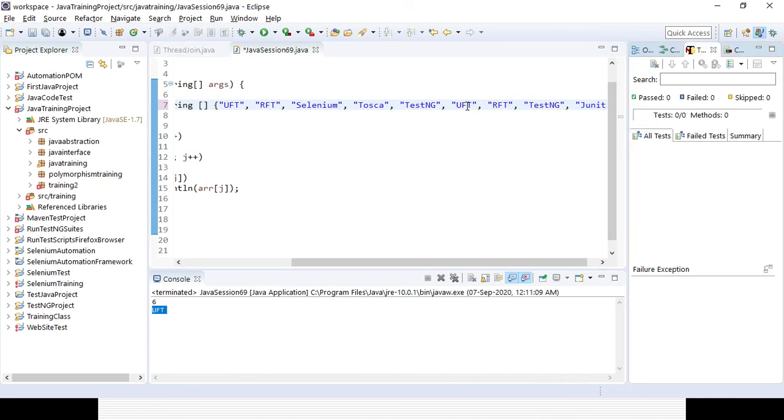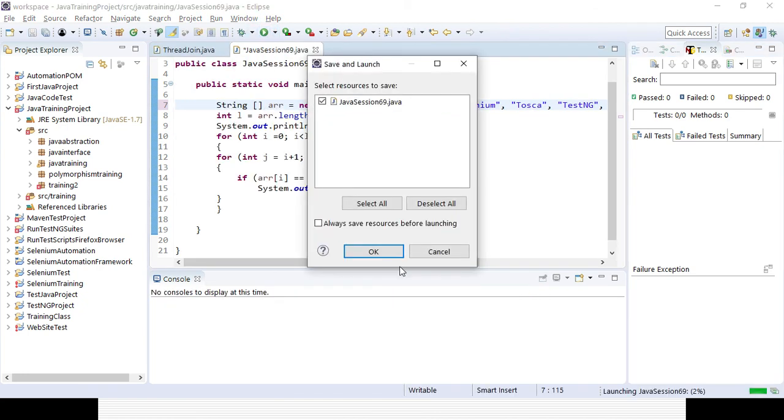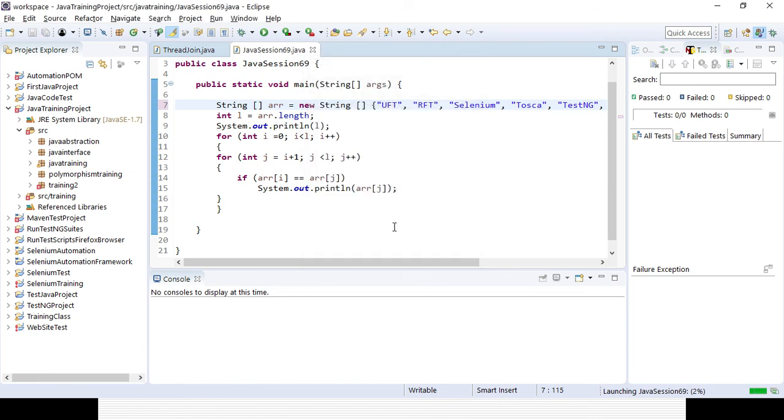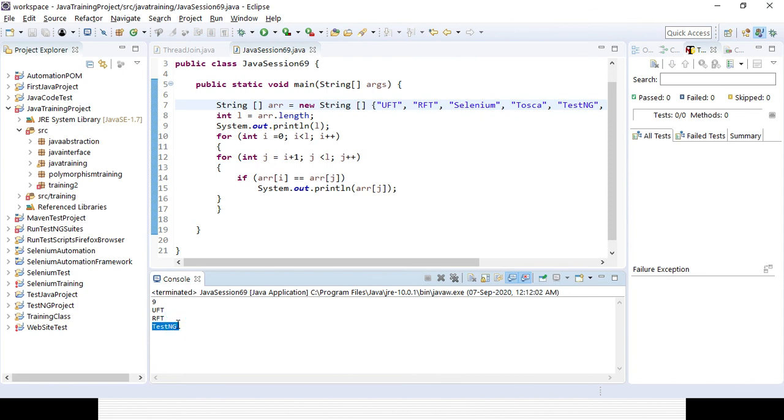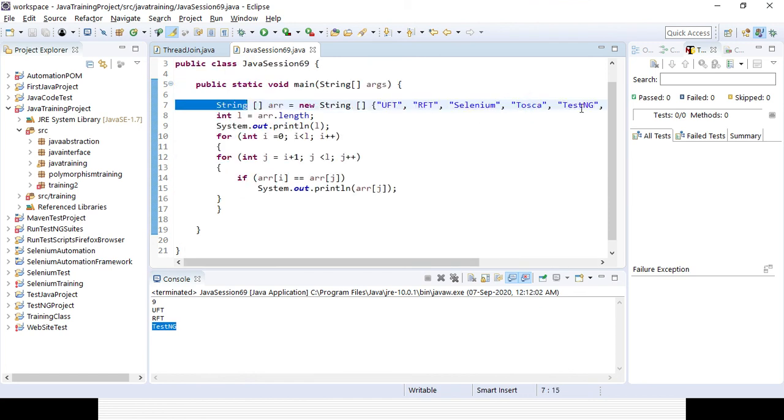So here the duplicate elements are UFT, RFT, and TestNG, and the total number of elements is 1, 2, 3, 4, 5, 6, 7, 8, 9. So length will be 9 and the duplicate elements will be UFT, RFT and TestNG, 3 different elements. They will be displayed in alphanumeric, ascending order, and whatever you have displayed here is in the same order. And the total length is 9.